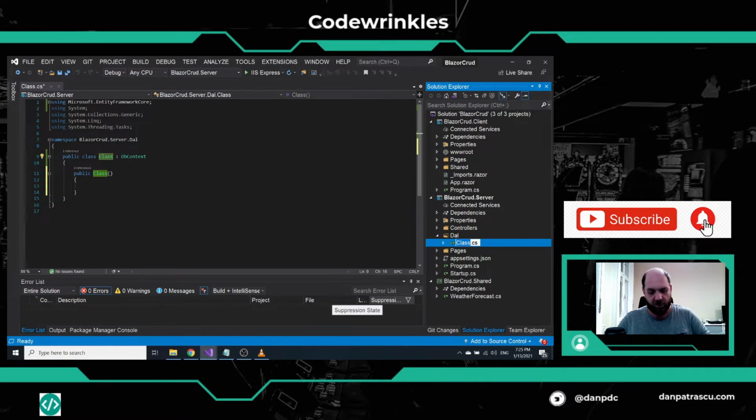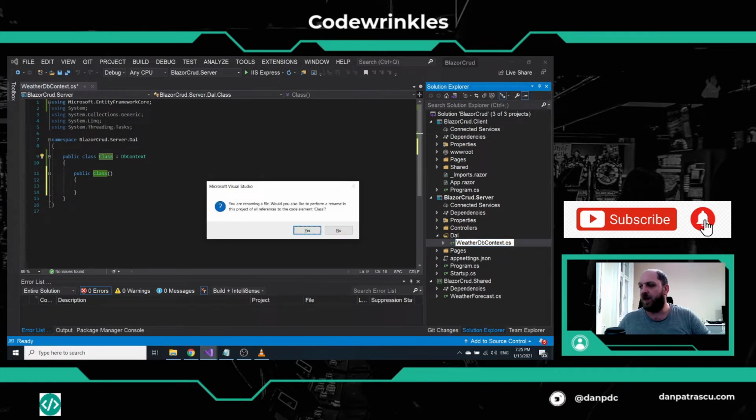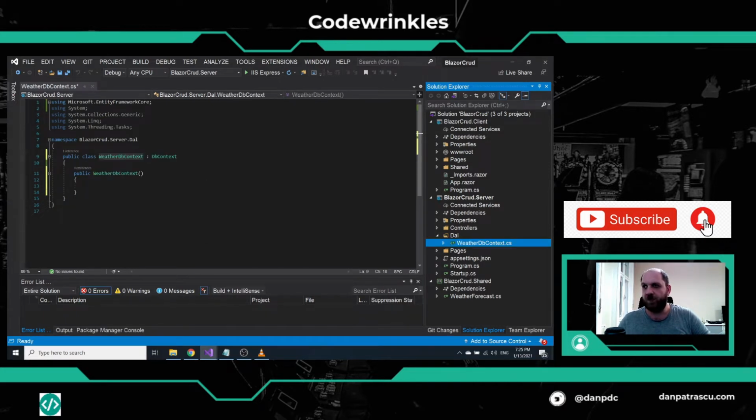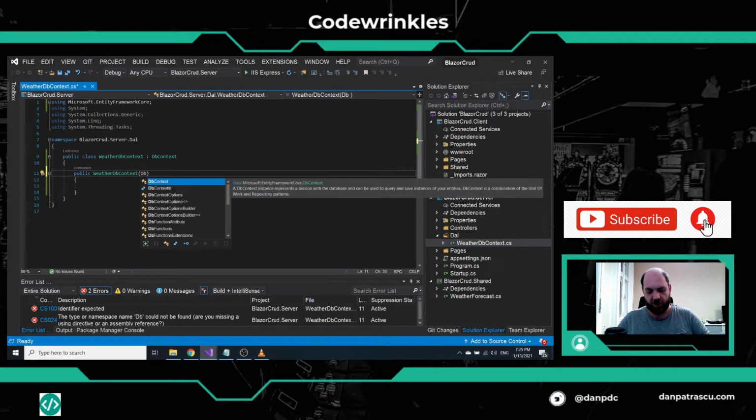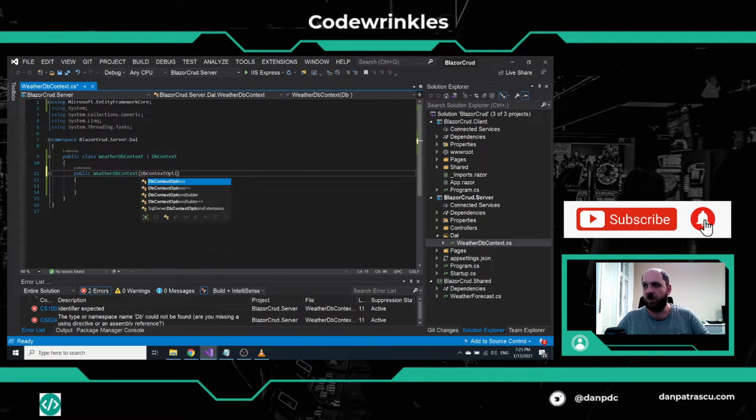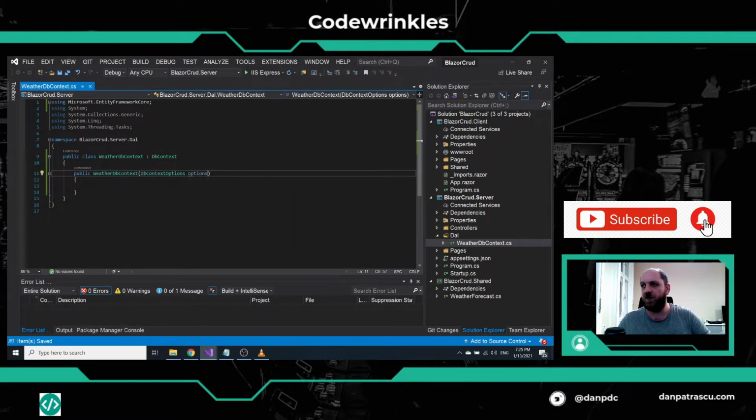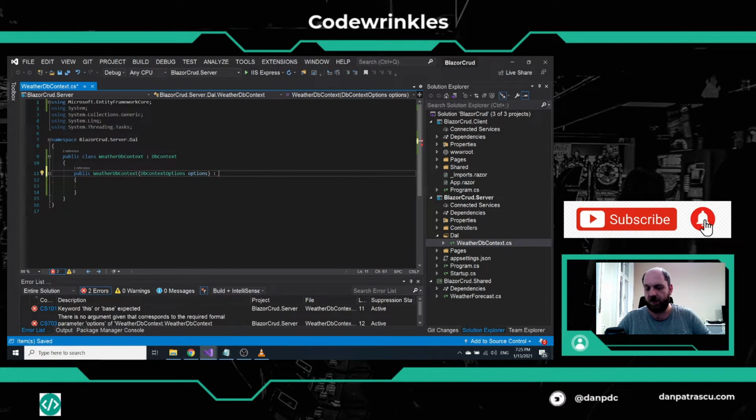And we'll call this WeatherDbContext. And let's rename all the content of the file. Okay, so what we will need here is some DbContextOptions, where we will essentially have right now the connection string, but of course you can configure different other things there as well, and we'll just pass this